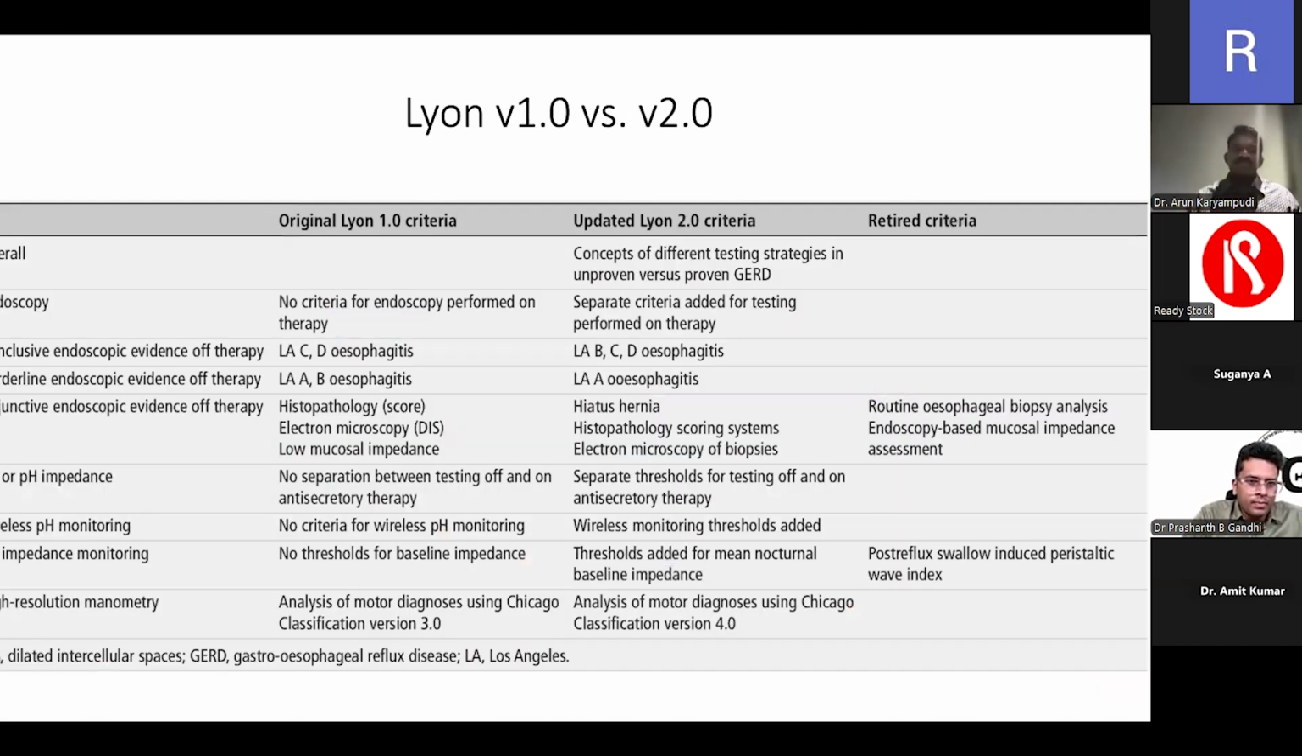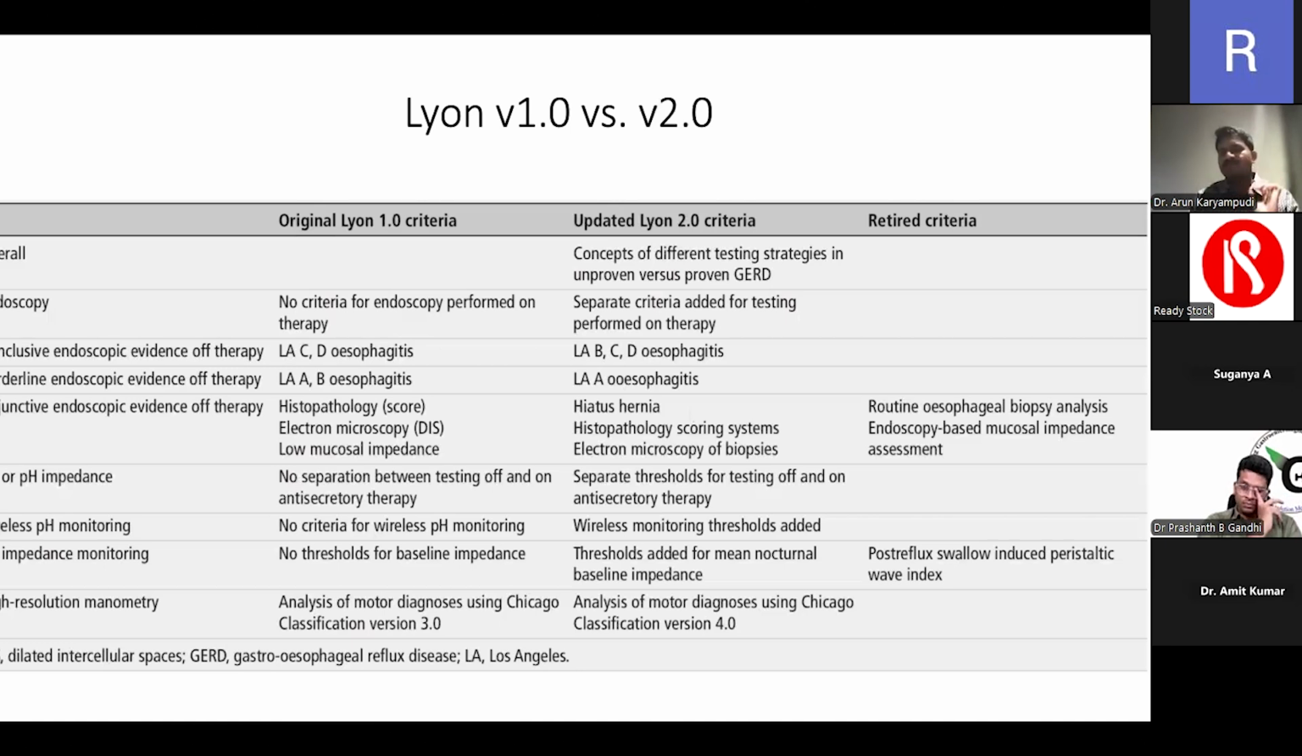So again, this is the comparison between the first version of Lyon consensus and the second version of Lyon consensus. Here I would like to just highlight the pH study part, because there are other parameters that have been revised in the second version. For example, I would again mention a few. In definitive diagnosis of GERD, they have included grade LA grade B esophagitis, and they have removed routine esophageal biopsy